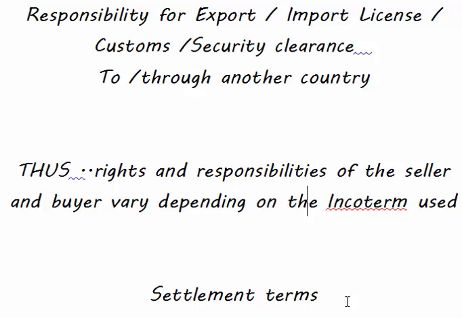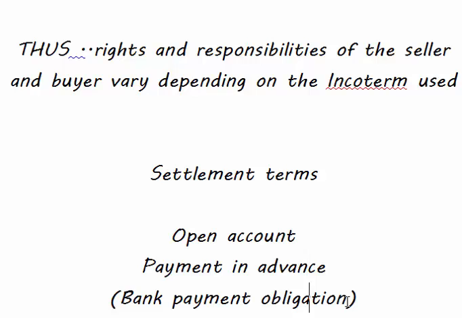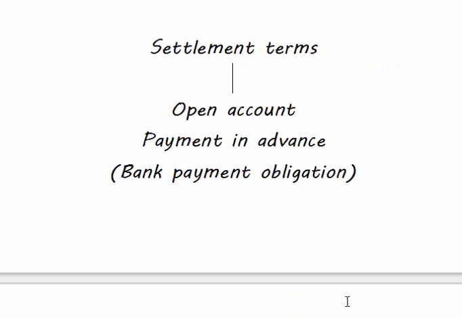EXW is at his factory gates, and the buyer will have to pick up the goods from the factory gates and do whatever is required. Loading onto a receiving carrier has to be done by the buyer if it is EXW. The supplier will not even load into a truck or a lorry, he will just place it at his factory gate. Thereafter, the buyer and seller in an international trade will have to discuss and decide upon the settlement terms,